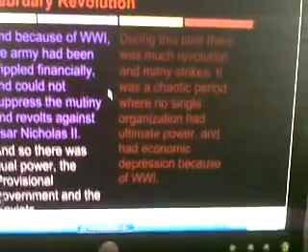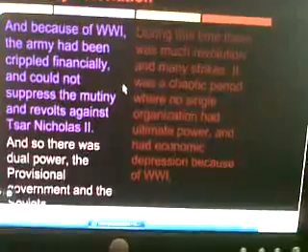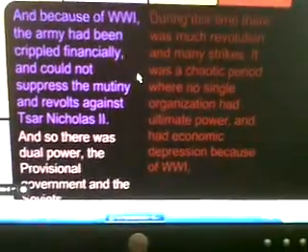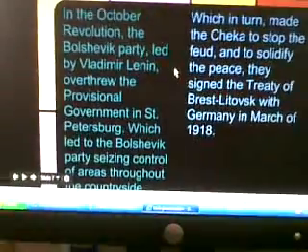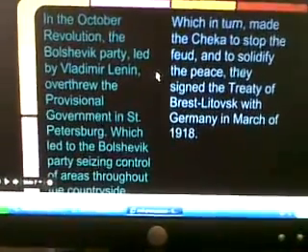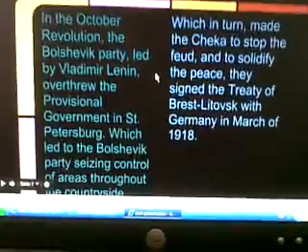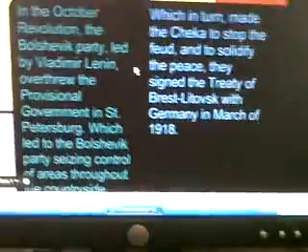During this time, there was much revolution and many strikes. There was a chaotic period where no single organization had ultimate power, and there was economic depression because of World War I. In the October Revolution, the Bolshevik Party, led by Vladimir Lenin, overthrew the provisional government in St. Petersburg, which led to the Bolshevik Party seizing control of areas throughout the countryside, which in turn made the Cheka